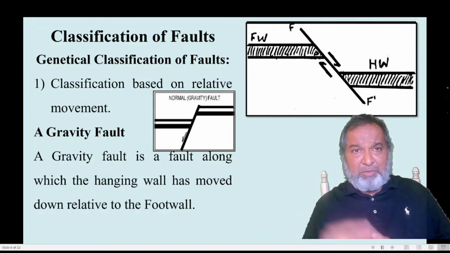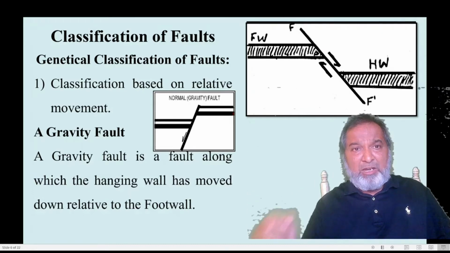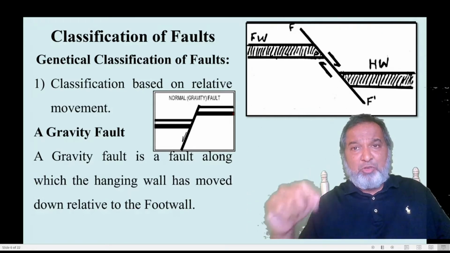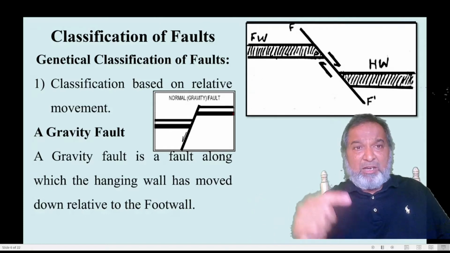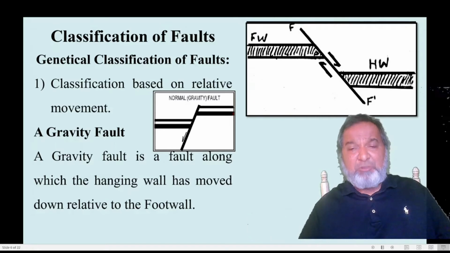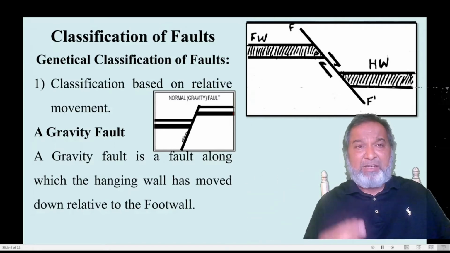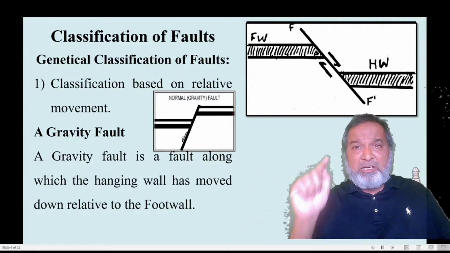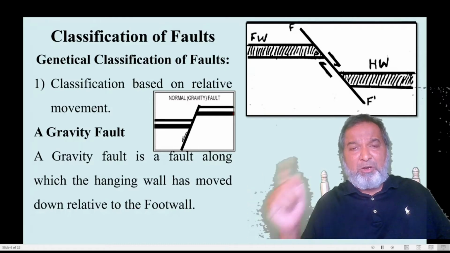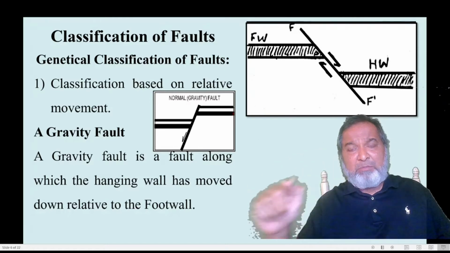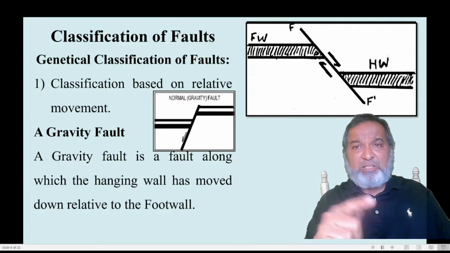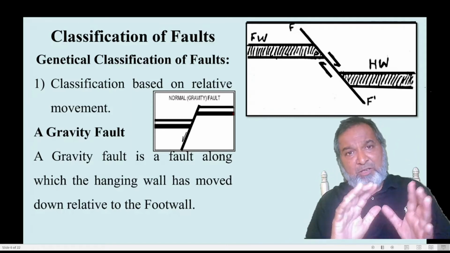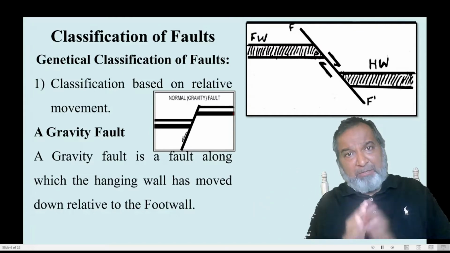10 marks question will be there. Define fault, describe the geometrical classification of fault, or define fault, describe the genetical classification of fault, or third part is there, define fault, terms associated with the fault, or describe with a neat labelled diagram the various parts or terminologies associated with the fault. So these are the three important ones for 10 marks.